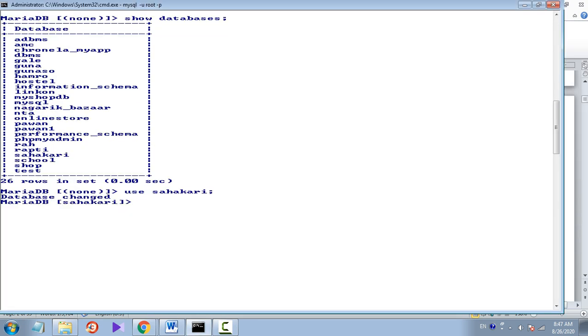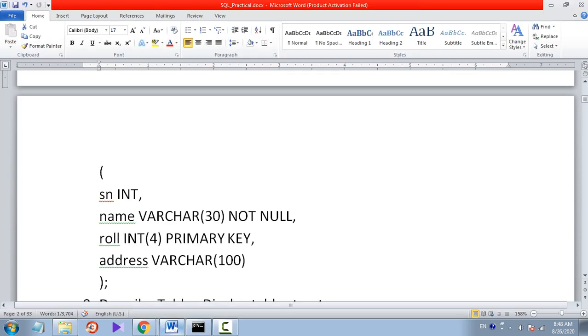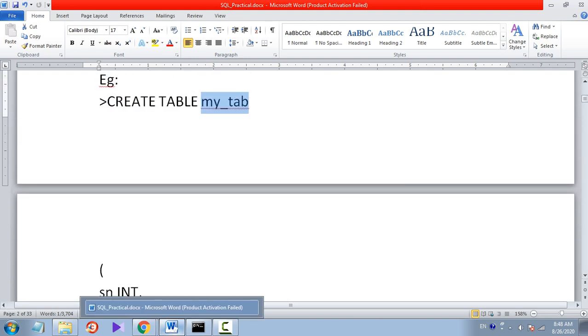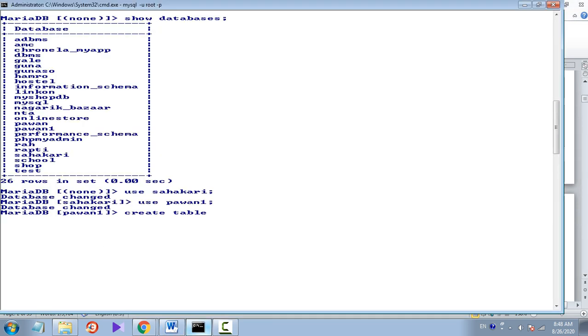Let's create a table at first. I am using Sahakari. Let's change database. Let's use Pawan 1, which we have just now created. Use Pawan 1. Database is changed and Pawan 1 is used now. After that, create table, and after that table name. Table name is also required. Create table, table name, suppose student, small bracket,